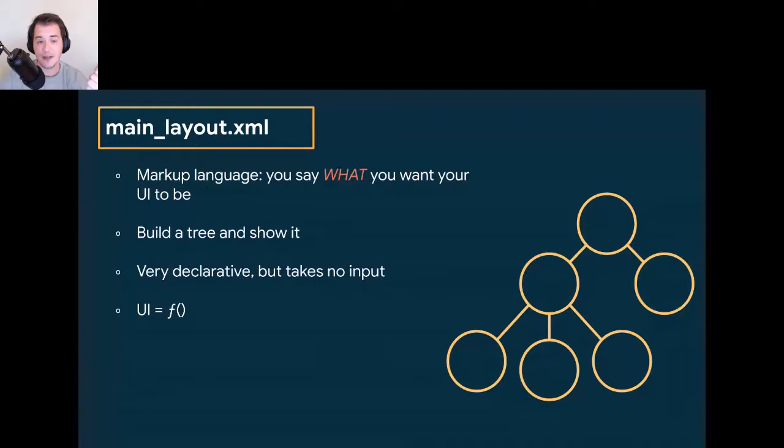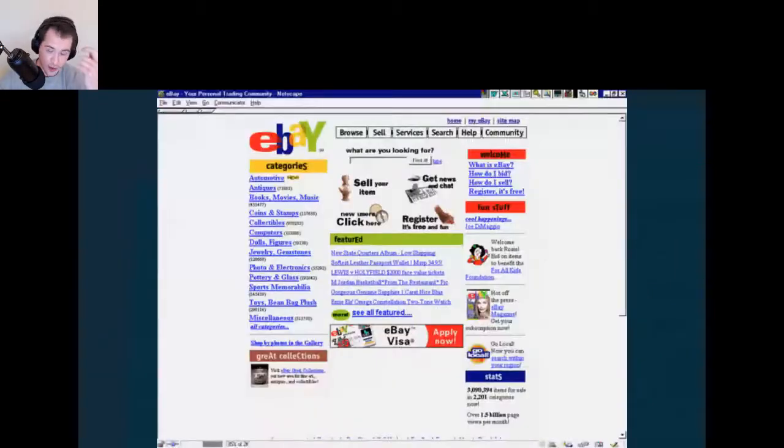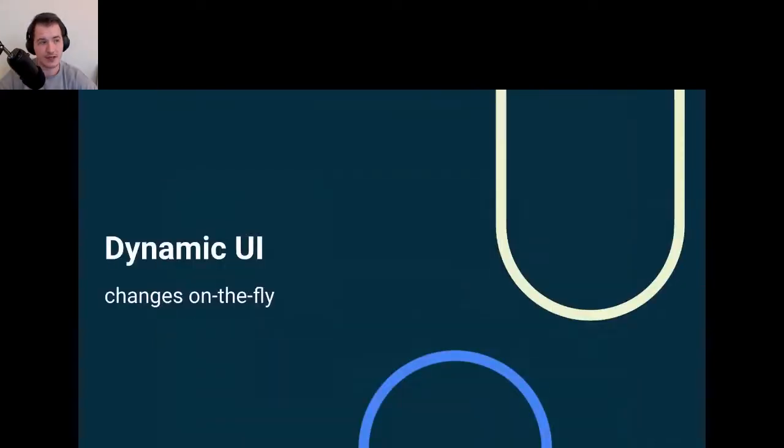The problem is that we are not in 1995 or even in 2005 or 2010 anymore. We don't write static screens, static pages, static subscreens. We don't even have static views. Everything is animating, and you don't really want to reload the whole page when you click on a button or on a link. So we have dynamic UI right now, in 2020, which complicates UI quite a lot.